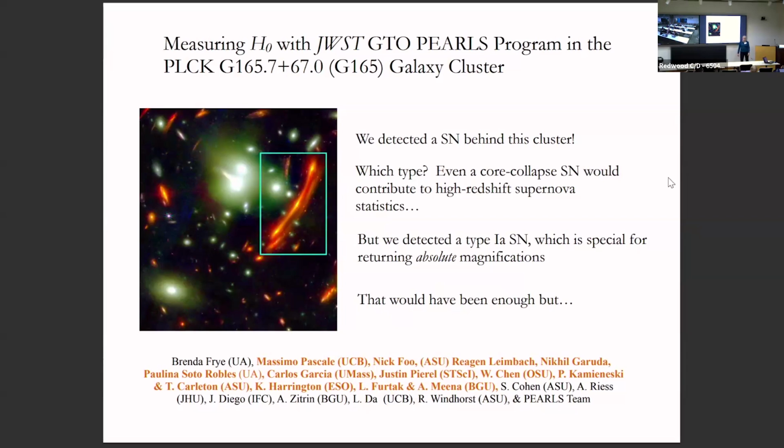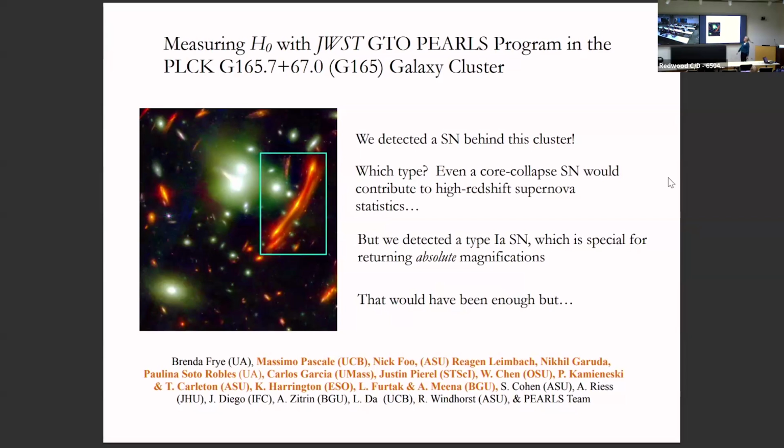What's a bit unusual in my research group at University of Arizona is I work with a lot of early career scientists. These are the main people I worked with on the nice data and results I'm showing today, and everyone listed in dark orange are students, undergraduates, graduates, and postdocs. It's a very large group, and we meet daily actually to keep everyone up to speed. Okay, so here we go.